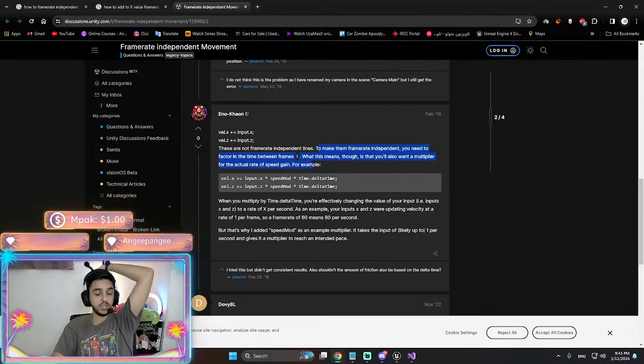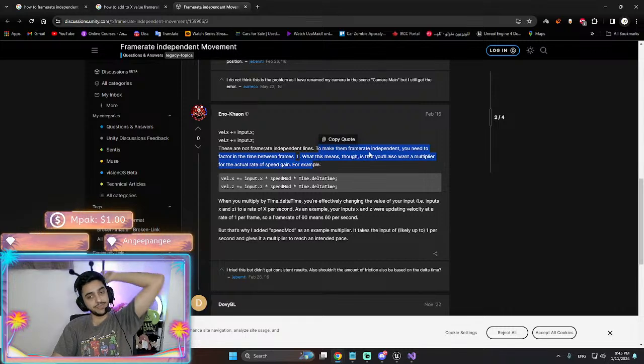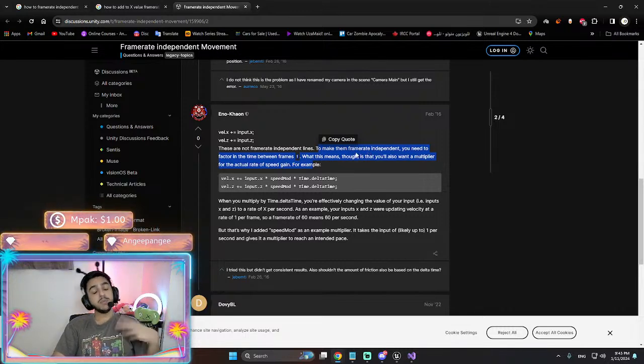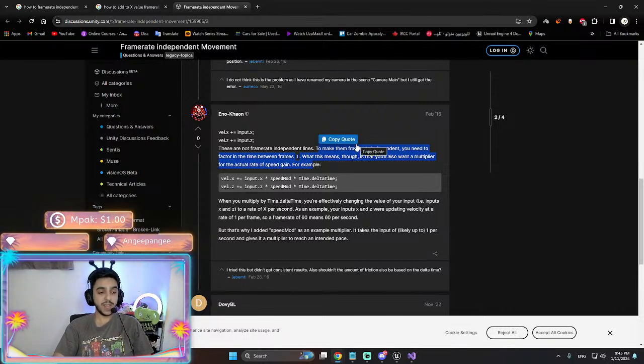Basically right now I'm trying to make the movement of that little dot I have, I'll show you again, to be frame rate independent. So if you have a slower PC, it should be able to move as fast as the one running on a faster PC. That's it. I'm basically trying to figure that out.